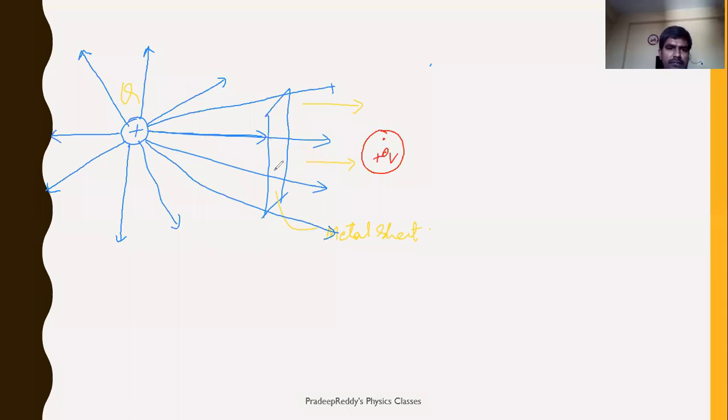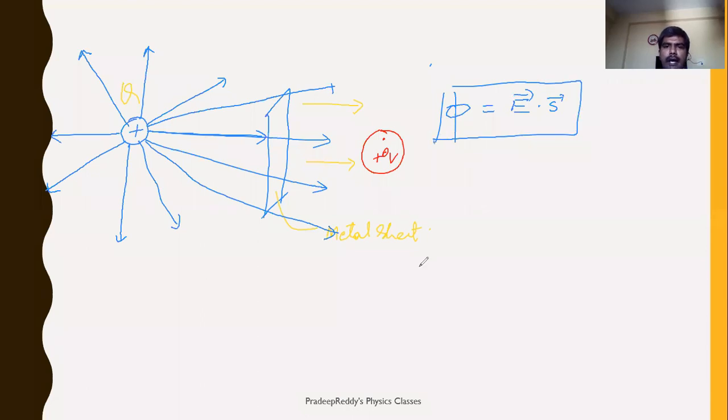Now this is a metallic sheet which is placed in between capital Q and a test charge. So this is allowing some electric field. As a result, this test charge is experiencing some force, right? So that is what is defined as electric flux phi. So electric flux is the amount of electric field permitted by a metallic sheet or any particular sheet through its surface area. So electric flux is defined as E bar dot S bar.